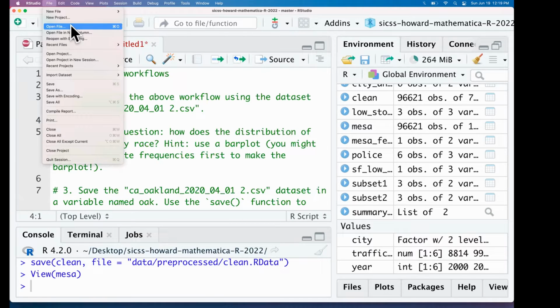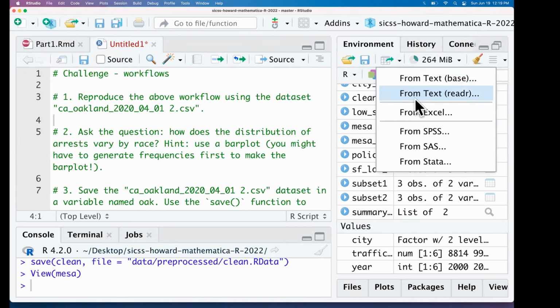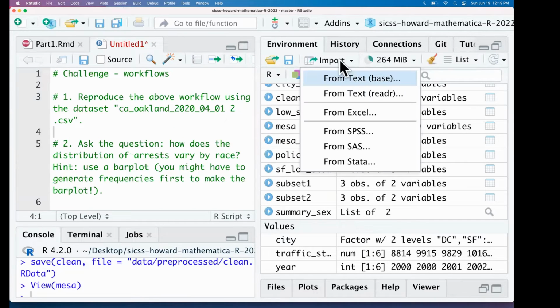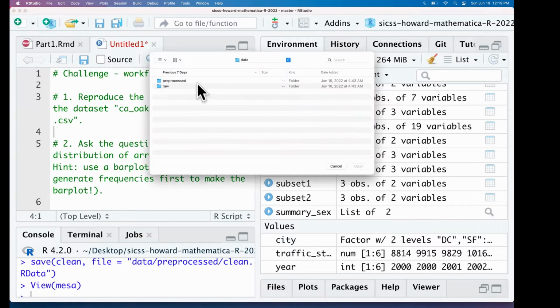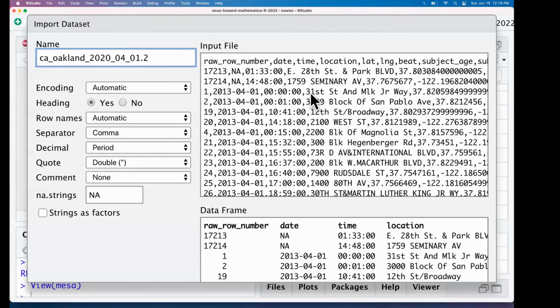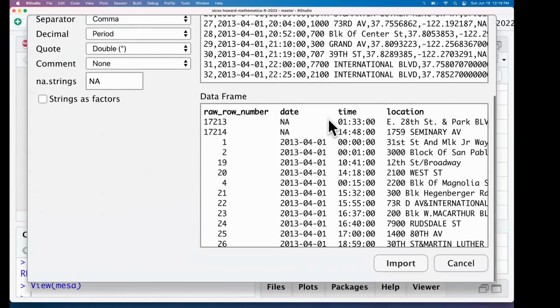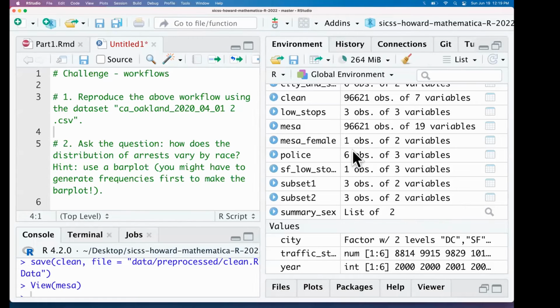It's good intuition. But remember, we want the import dataset button from text base. Look in the data folder and the raw folder, and then CA Oakland 2020 to get the Oakland data. Alternatively,